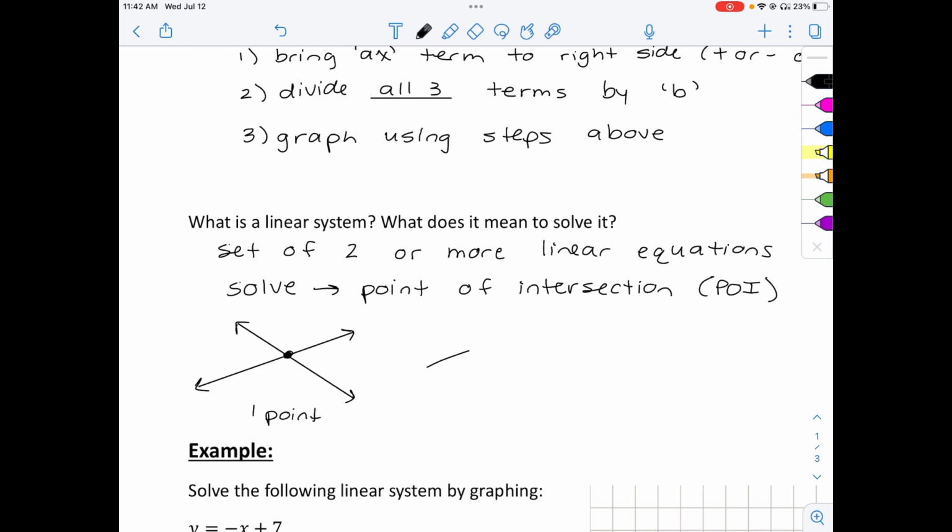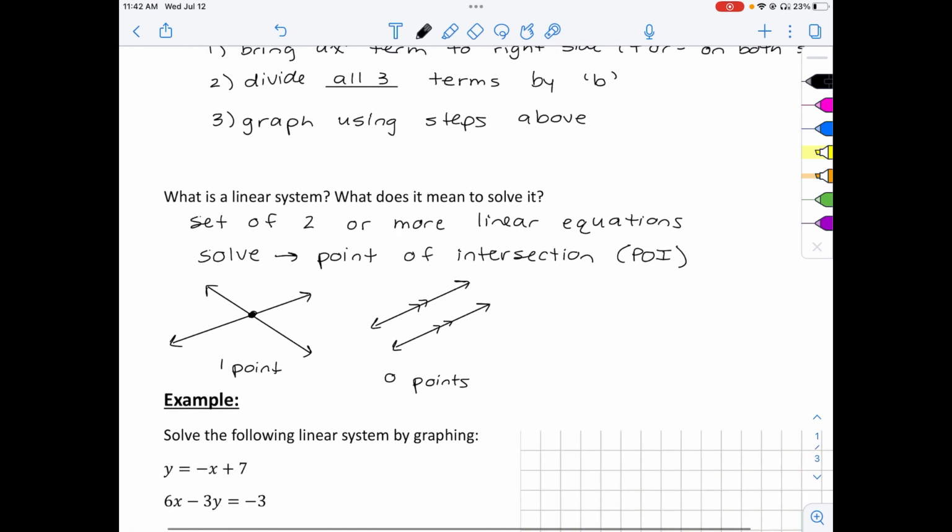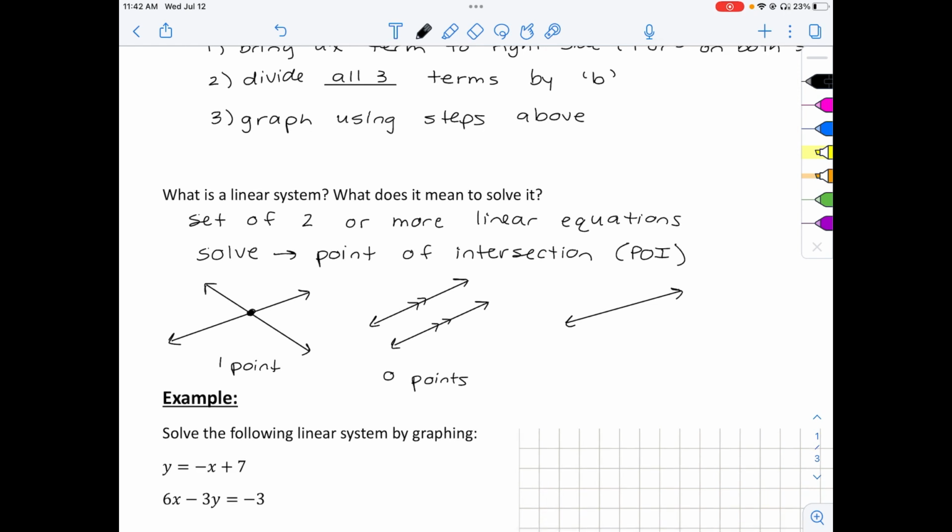We sometimes have parallel lines, which we talked about before, which have an identical slope, and this means that they will never touch, so they could intersect at 0 points. Okay, if I show these little things here, that means that they are parallel. Or a rare case, we won't really see this because it's not going to help us with anything, but it could be that it's the exact same line, and so it intersects at an indefinite number of points.